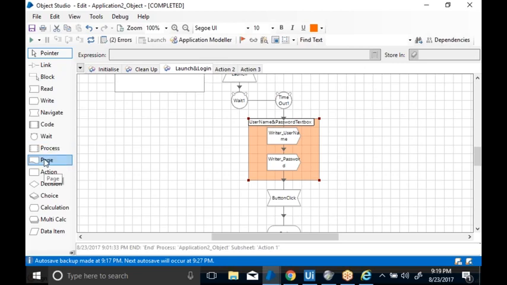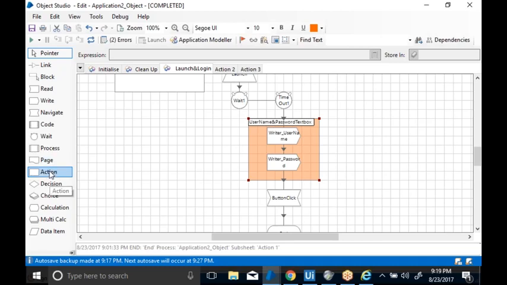Whenever you want to call the other action of the same object inside the same object, you can use the page option.